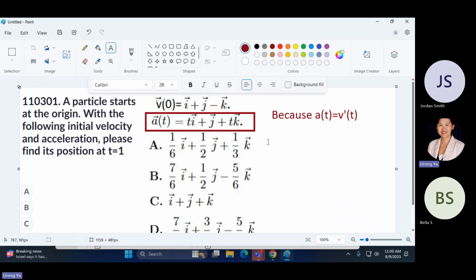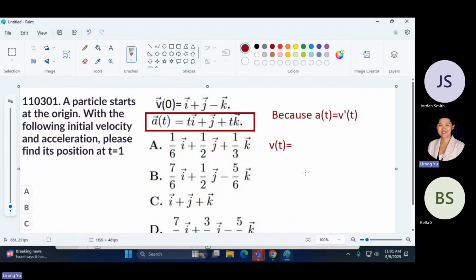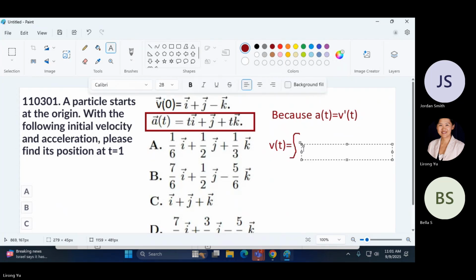Since we have a(t) as the derivative, a(t) equals v prime of t, so v(t) can be calculated using integration. So v(t) is the integral of a(t). So we have to integrate the acceleration function, and